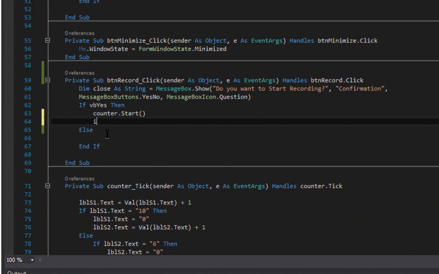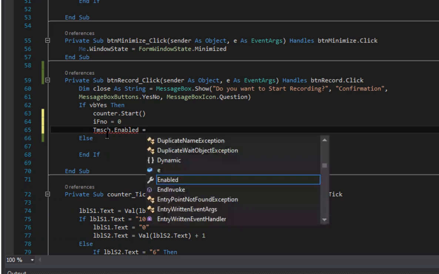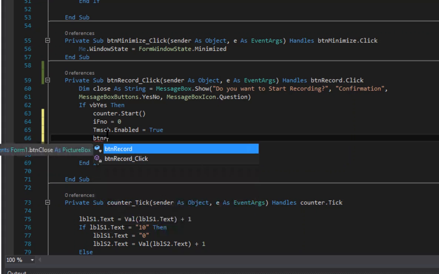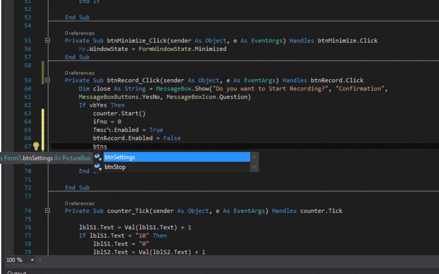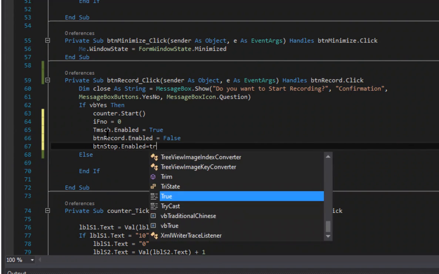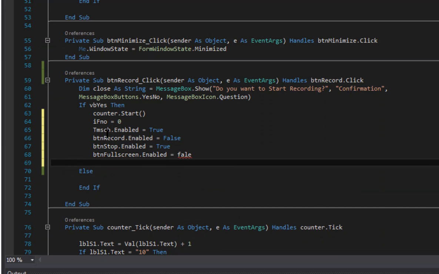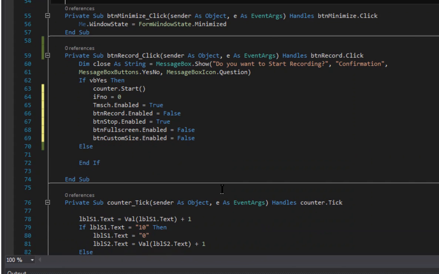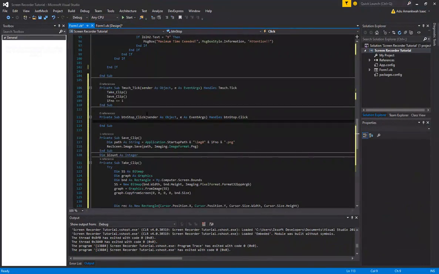Good. So with this we just have to say that ifno equals 0, right? And we will just say that let's say our time stretch dot enabled equals true. Then we say that our btn record dot enabled equals false. We don't want it to work. btn stop dot enabled equals true, right? And then we say btn full screen dot enabled equals false. Good. And then just going to say that btn custom size dot enabled equals false, right? So with this, that is going to help us to get a recording all done, and that is awesome. So let's see with the stop button. So with the stop button, it's just going to say that, let's say